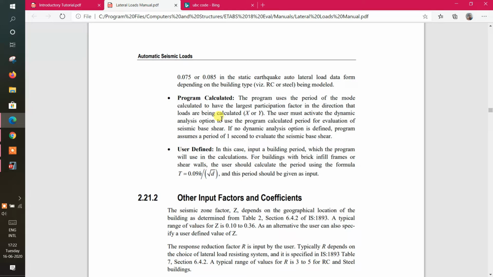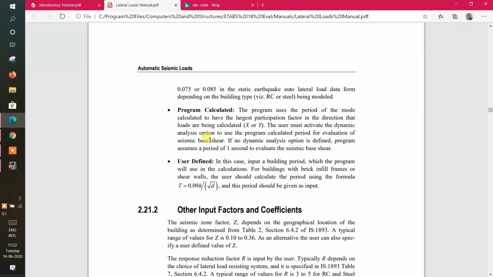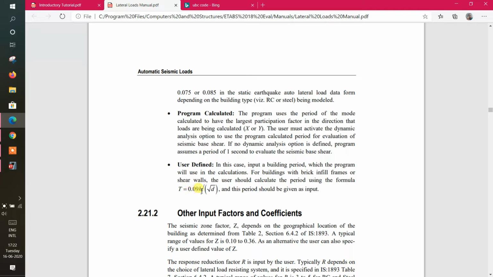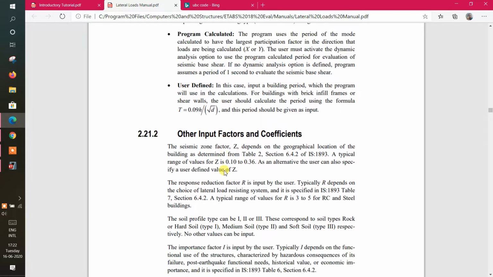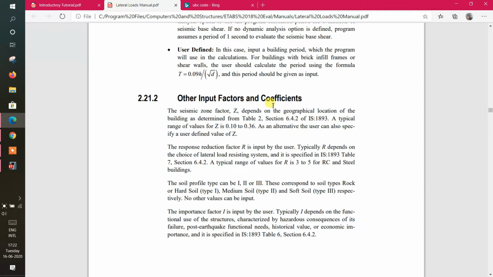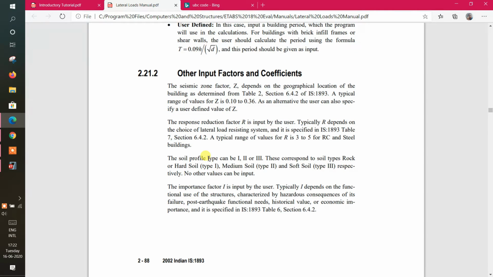And just go down, this is a program calculator. User defined T is equal to 0.09 h by root d, in case you input a building like that. Other input factors and coefficients calculate the lateral load for a concrete building or steel building like that. Major factor is Z.